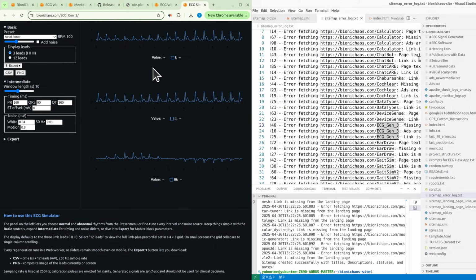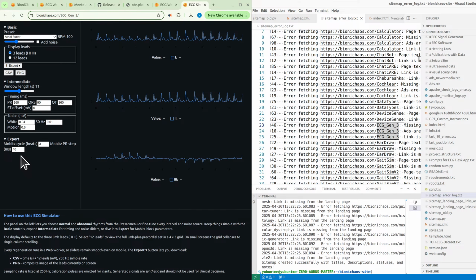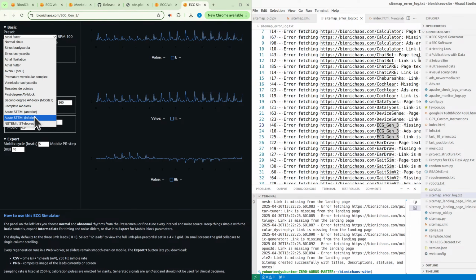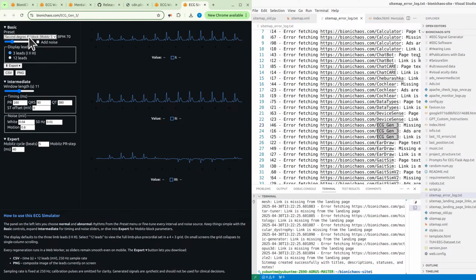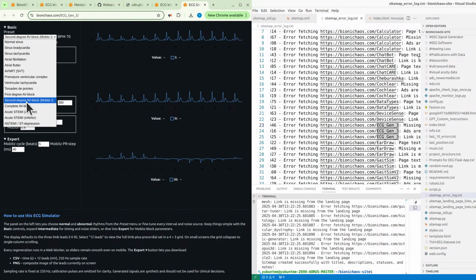Yeah, we really need an expert to check this for us as well. Those Mobitz settings will only be relevant to AV block second degree.